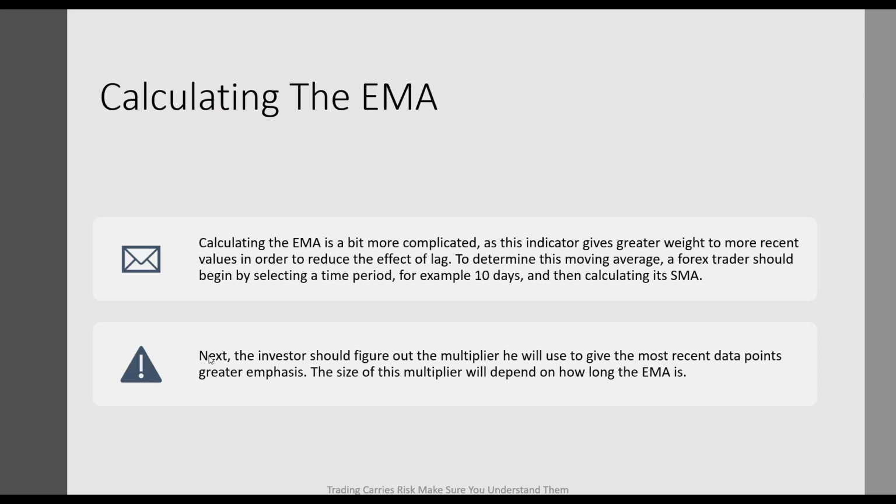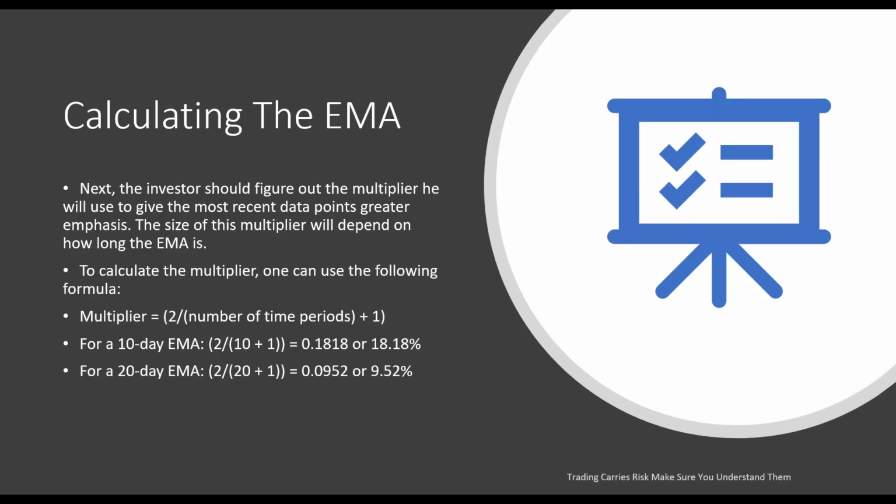Next, now the 10 period SMA is simple moving average. Next, the investor should figure out the multiplier he will use to give the most recent data points greater emphasis. The size of this multiplier will depend on how long the EMA is, how many periods it went back for. It's a pretty easy calculation. The multiplier is 2 divided by the number of time periods plus 1. So we're using a 10 time period. So for a 10-day EMA, we have 2 divided by 10 plus 1, or